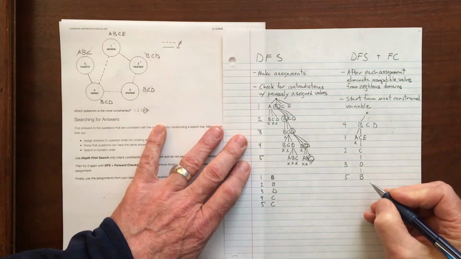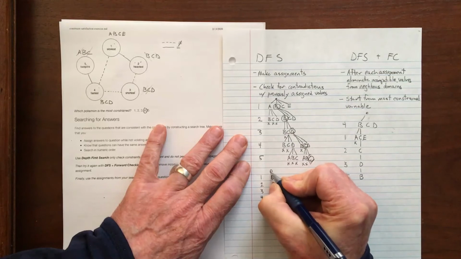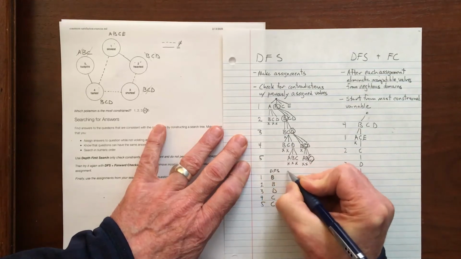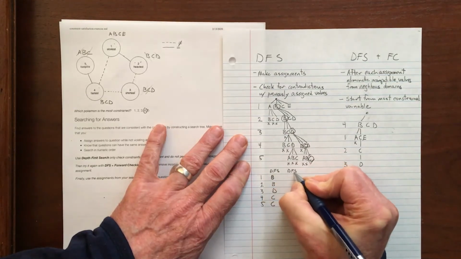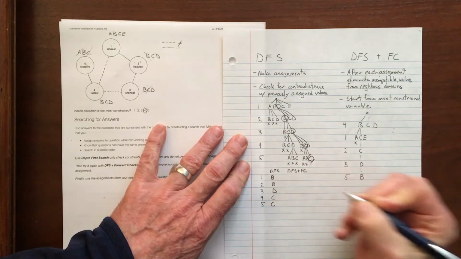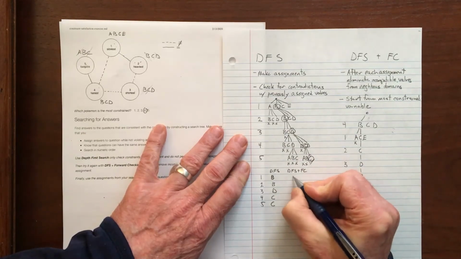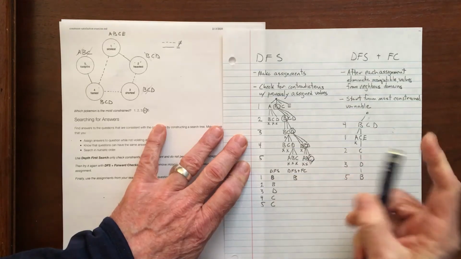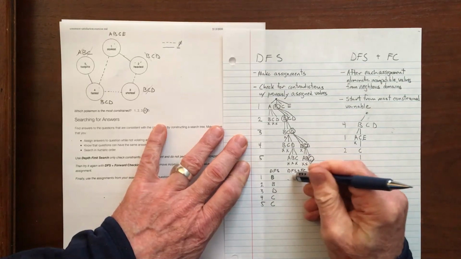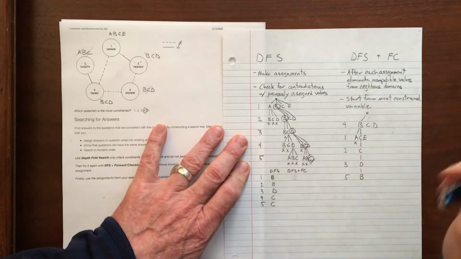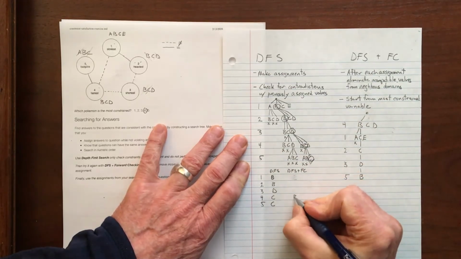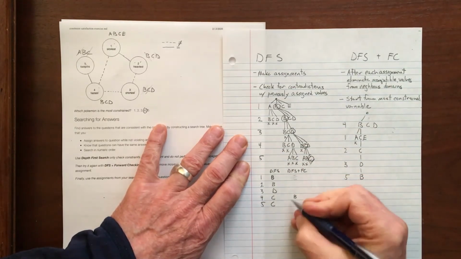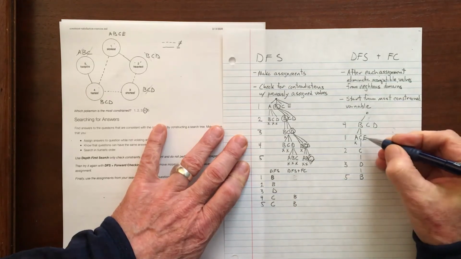So this was DFS, and here's DFS plus FC. So here, in this case, I get B for 4, B for 5, 1 is C,